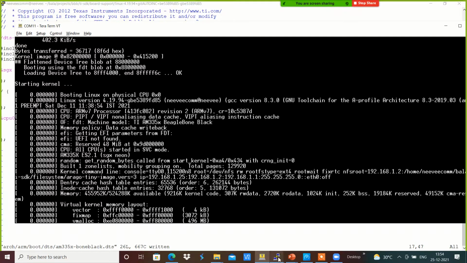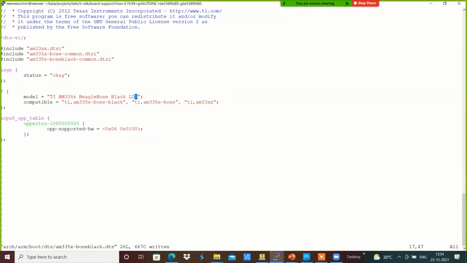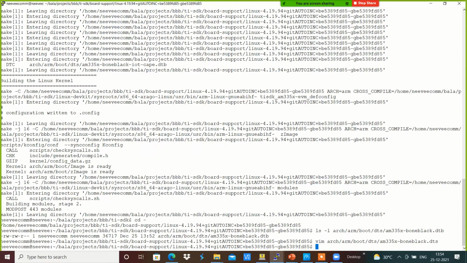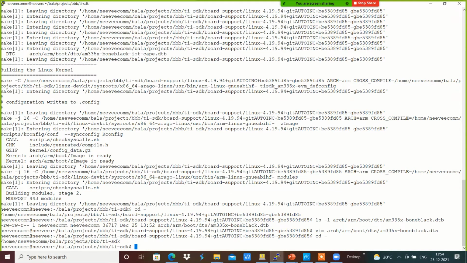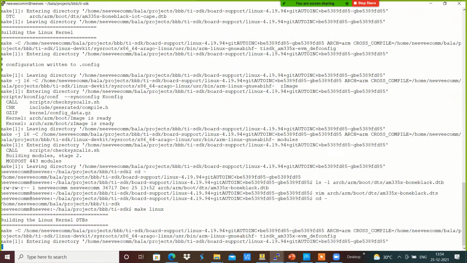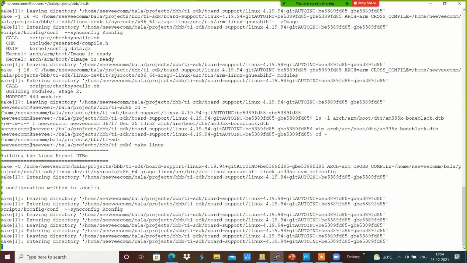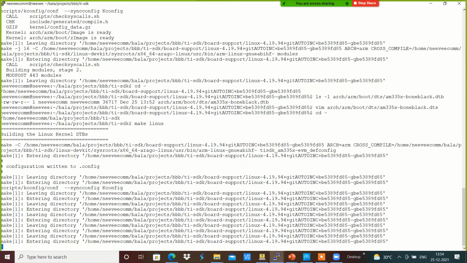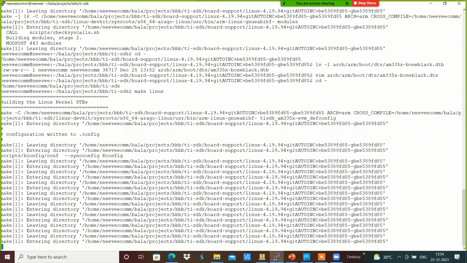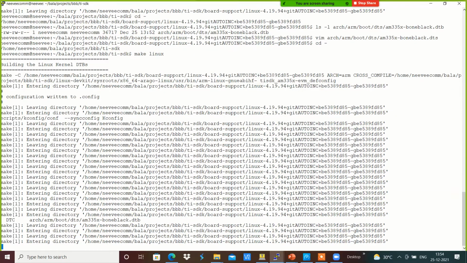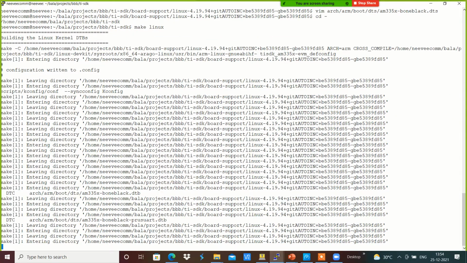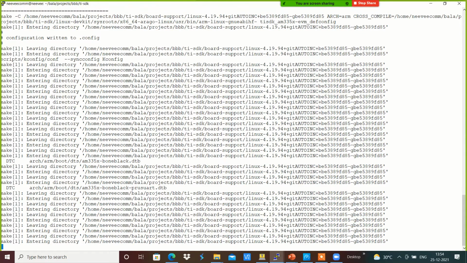I just added the LDD information now. I am going to compile this again with make Linux. The bone black DTB got created.